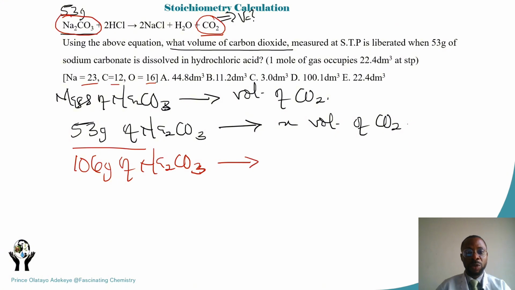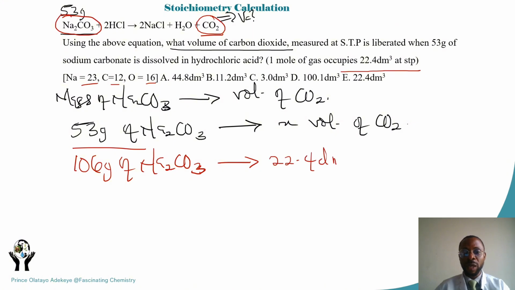And it's now giving us the volume of CO2 in that equation. It's not going to be 1. If you're thinking 1, that will be wrong. Remember, 1 means the number of moles of that gas in the equation. But for the volume, always have it in mind that 1 mole of any gas at STP is 22.4 dm cubed by volume. So since we have 1 mole of CO2 in that equation, then the corresponding volume will be